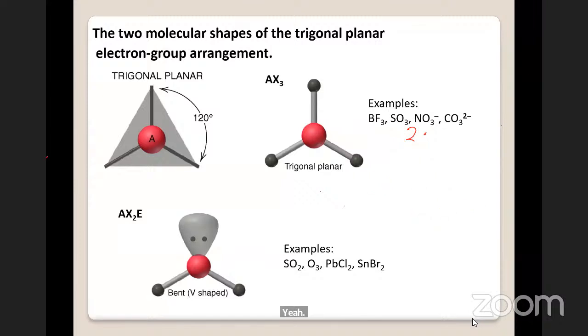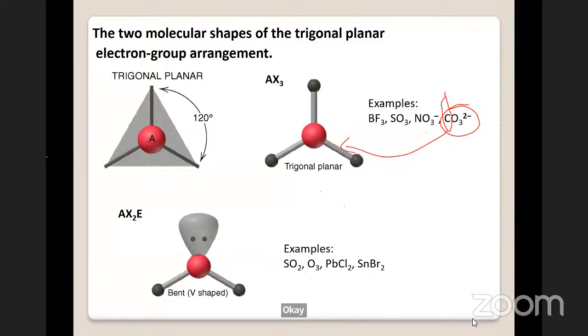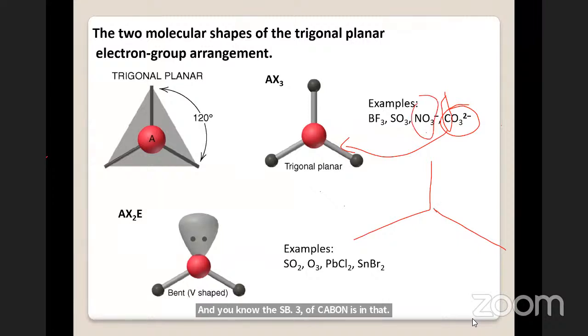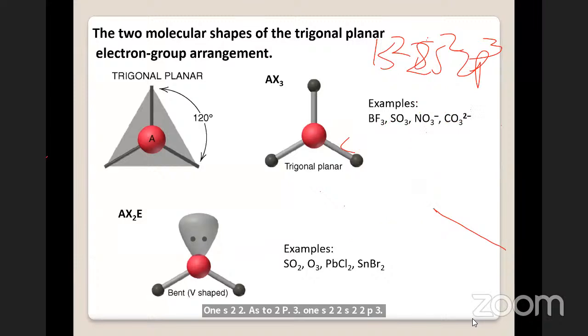But I can use carbon. Carbon is easier to explain. You have an sp3 hybridization of carbon, which is giving you a trigonal planar. And you know that sp3 hybridization of carbon is in that form. So nitrogen will be 1s2, 2s2, 2p3. 1s2, 2s2, 2p3. When it undergoes hybridization, you have